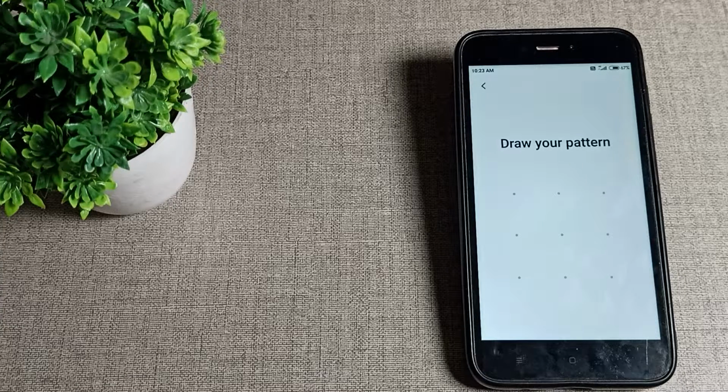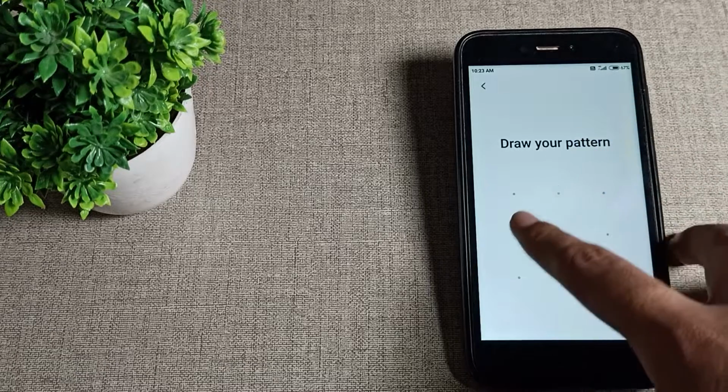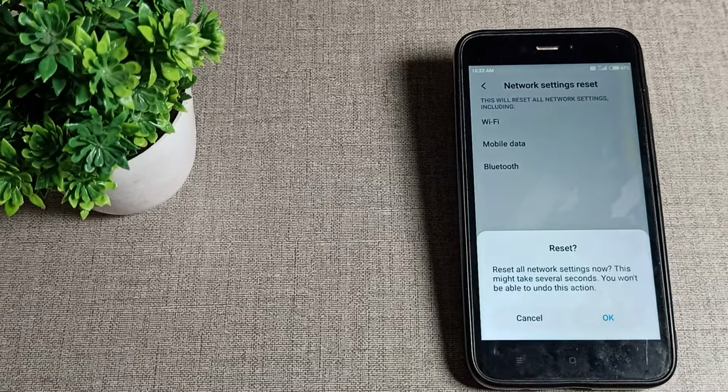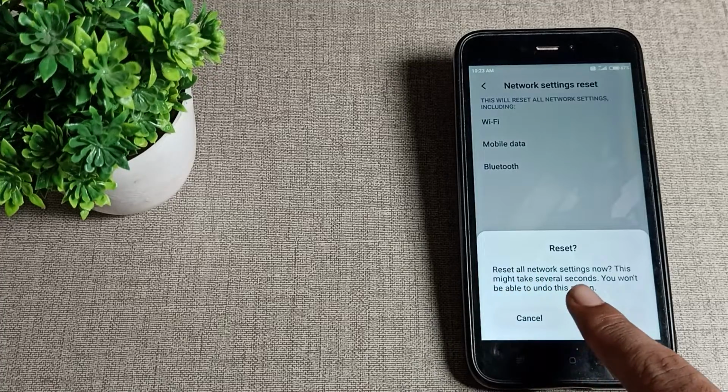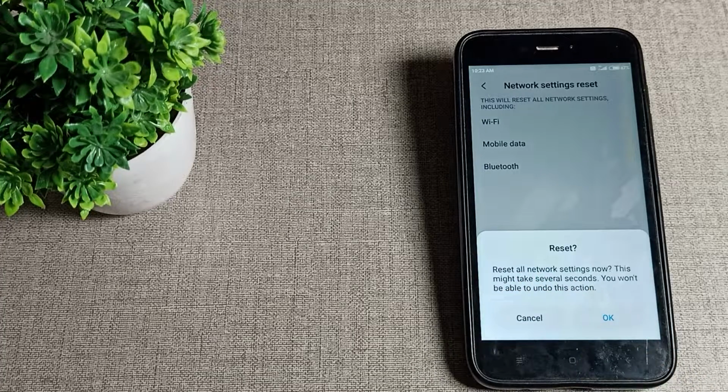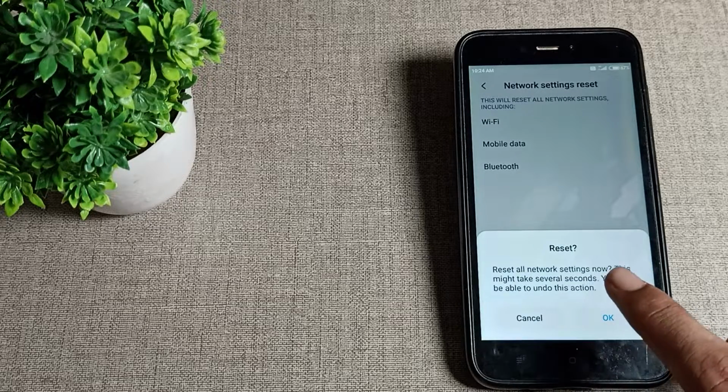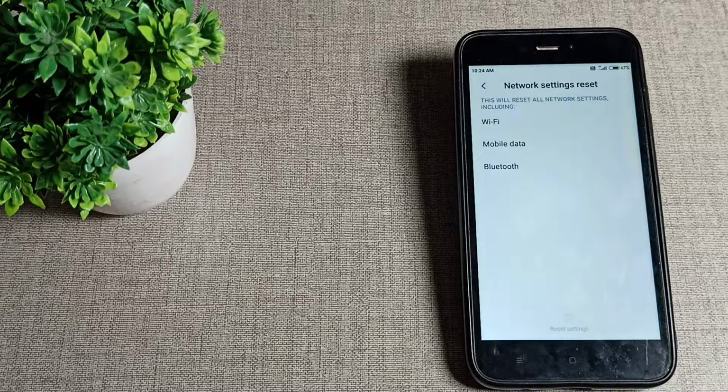If you have a pattern lock, a pin lock, or a digit password, you will have to enter your password or draw your pattern lock. I have my pattern lock, so I will draw my pattern to reset all network settings. As you can see, all network settings. Now this might take several seconds, you won't be able to undo this action. As you cannot undo means you cannot come back. So I tap here,